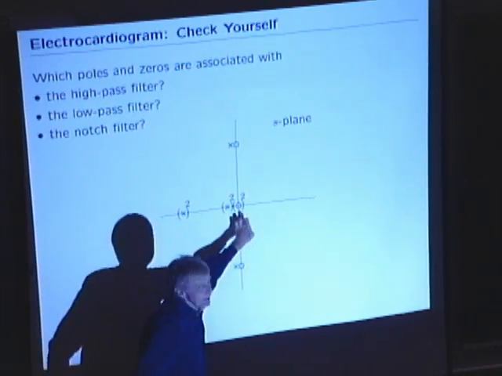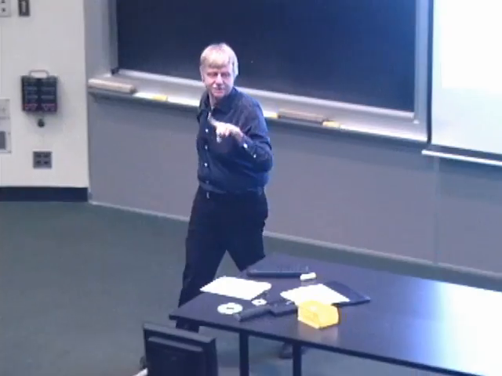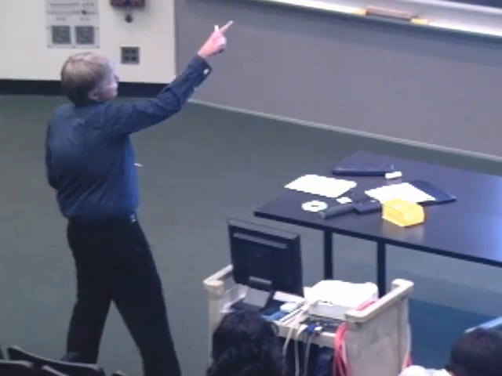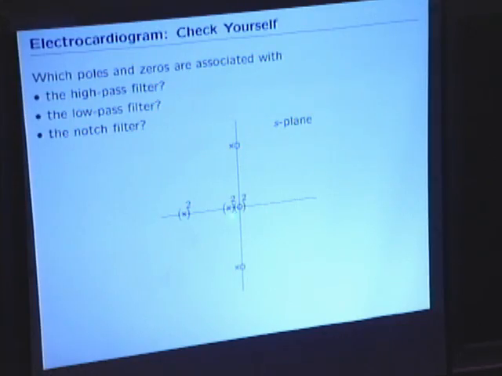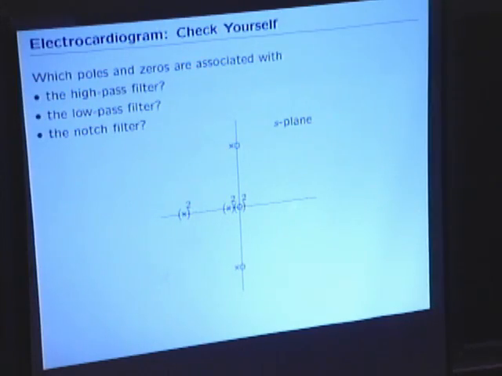So what would the Bode plot look like if you only had the zero? Yeah. So the zero alone would cancel out frequency components at zero, which on a Bode plot is way over there, right? What about these poles? What's the poles for? They flatten it out. So if you think about reading off the effect of the poles and zeros, starting at zero and going to bigger and bigger radiuses,